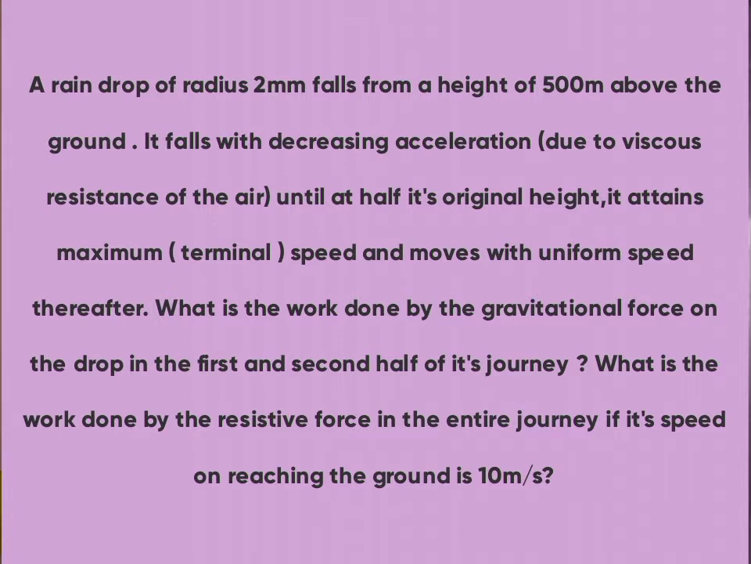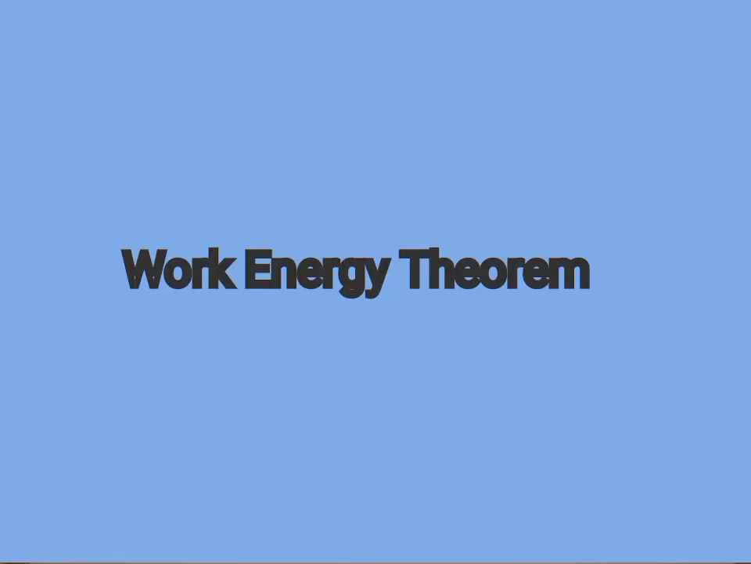What is the work done by the gravitational force on the drop in the first and second half of its journey? What is the work done by the resistive force in the entire journey if its speed on reaching the ground is 10 meters per second? This is a problem. Before we start with the problem, let us revise our concepts of the work-energy theorem using the